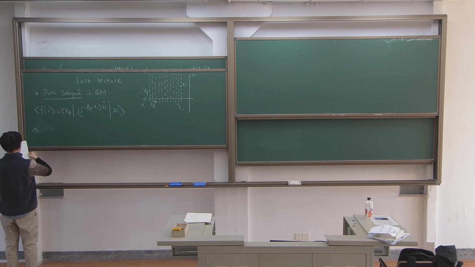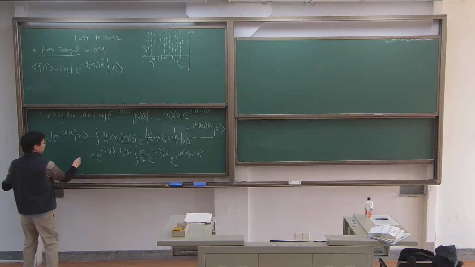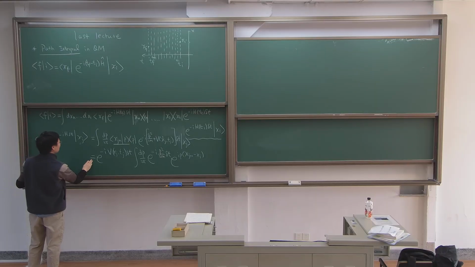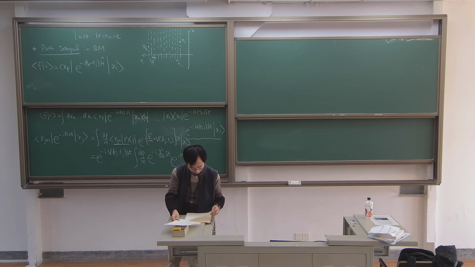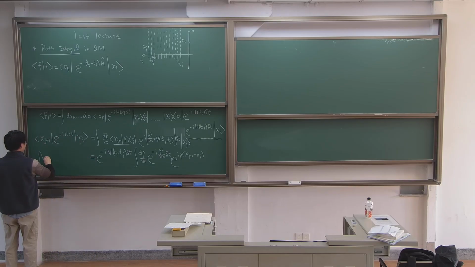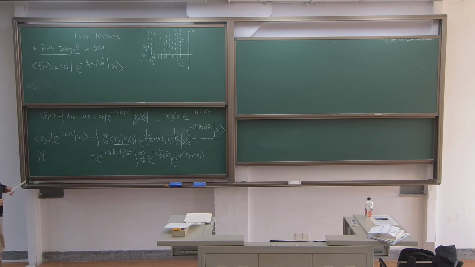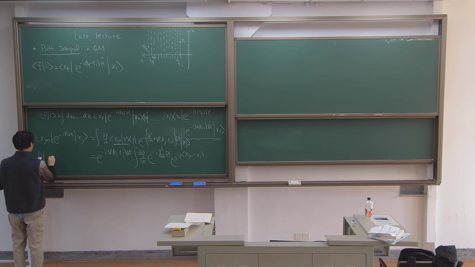Eventually, that block gets equal to some prefactor coming from this Gaussian integral, times e to the minus iV delta t